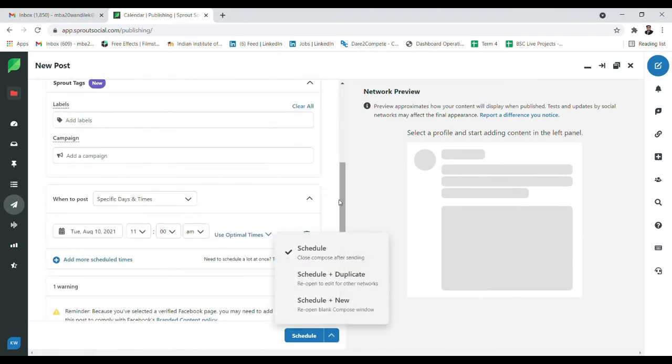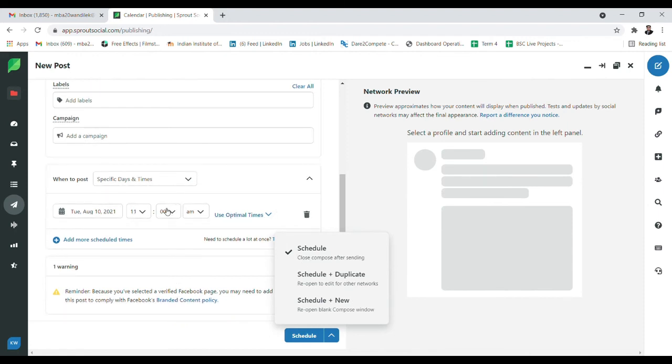Here you can see schedule plus duplicate new. So you can schedule time; the date we already selected in the previous calendar, and from here you can even change the date, or select the time, and you can post it on that particular thing. It will automatically post on any platform where you want. So this is a very important thing. Basically, if you have used mail scheduling on Gmail, this works similar to that.